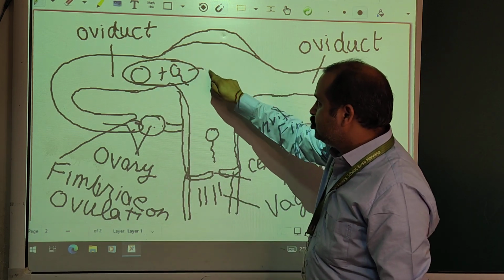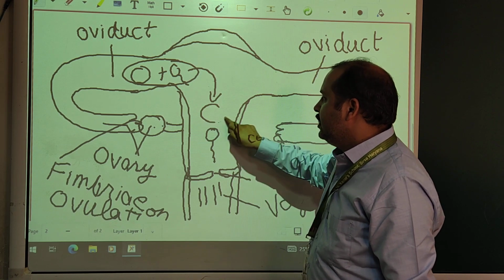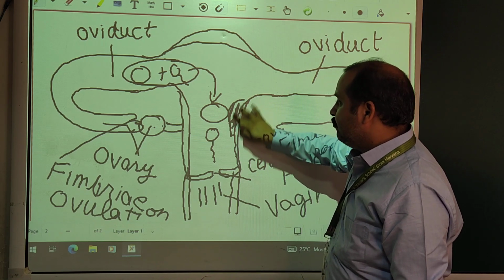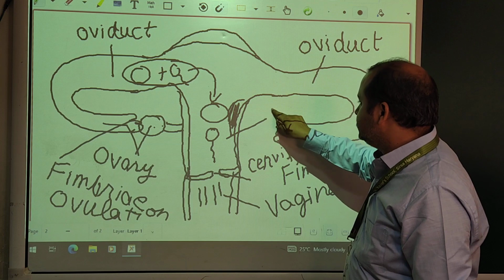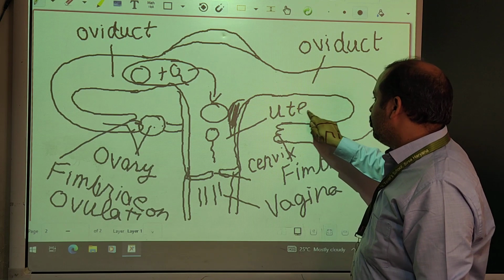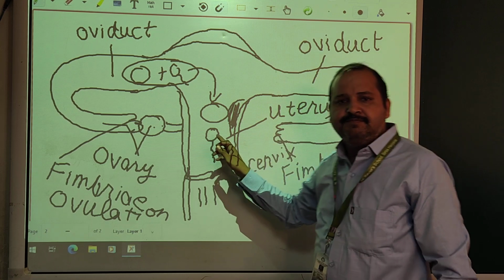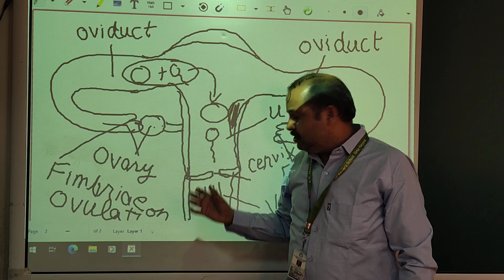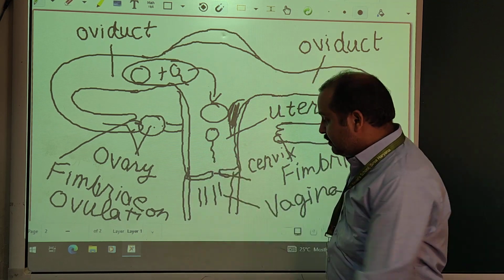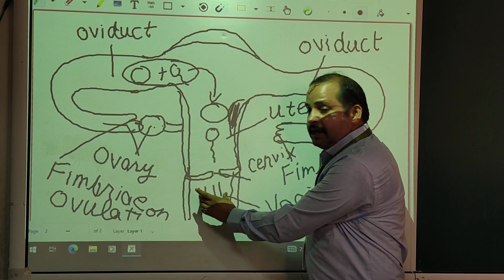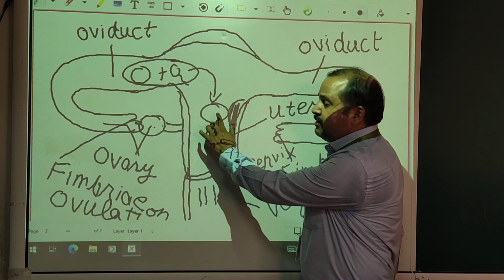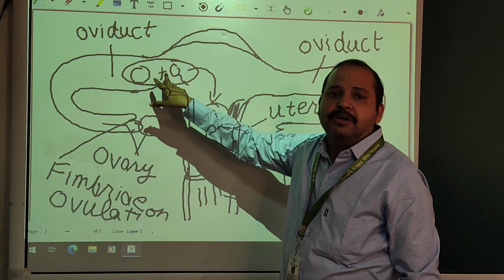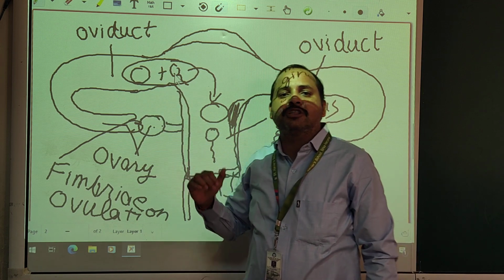These two will combine and form a new cell called the zygote. This zygote will attach itself to the wall of the uterus. This chamber is called the uterus. This fusion of the male cell called sperm, which came from the father at the time of mating, or you can say copulation, happens when out of millions of sperm only one combines with the ova in the oviduct. The fusion of the male cell and female cell is called fertilization.